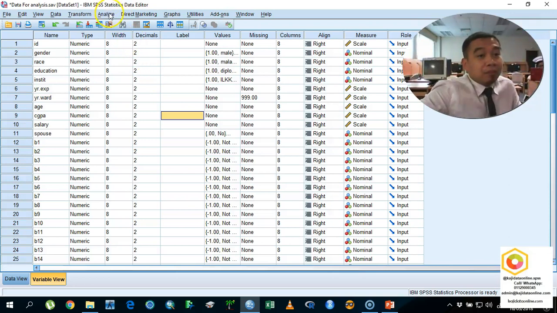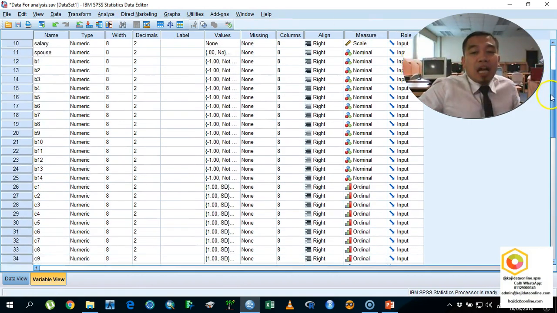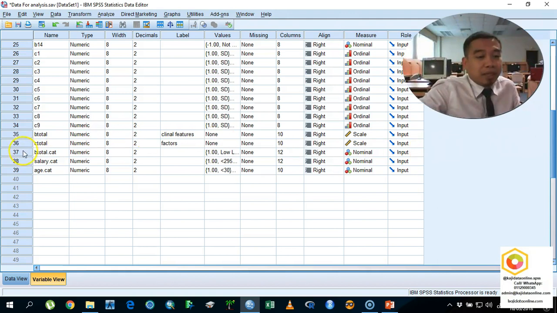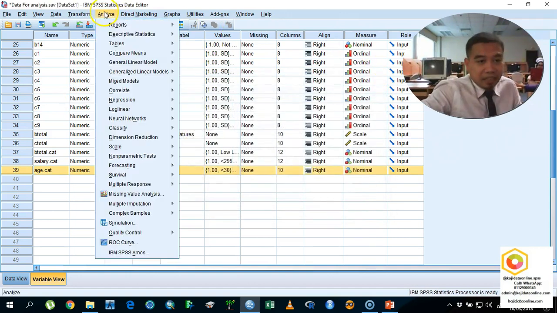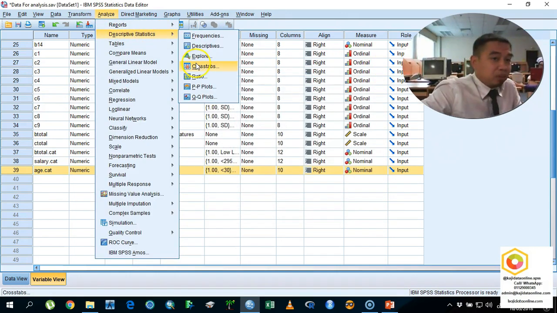Differences first. In this case, we want to see the difference. For example, is there any difference in the level of btotal.cat, the level of awareness, between different age groups? Okay? How to do that is very simple. You just click Analyze, Descriptive, and proceed with the